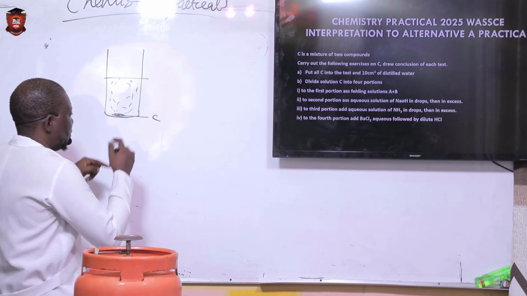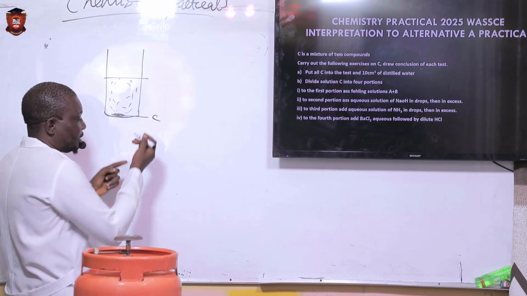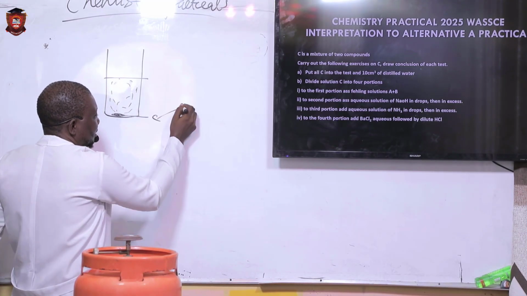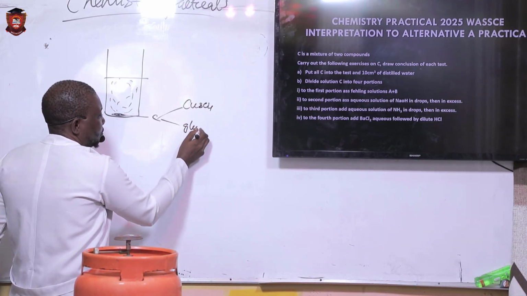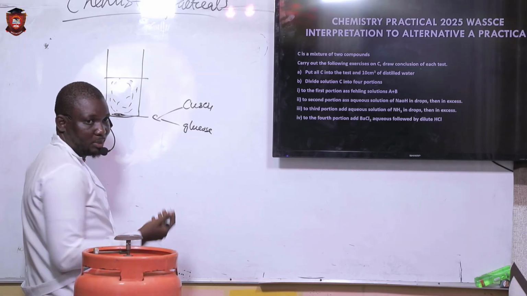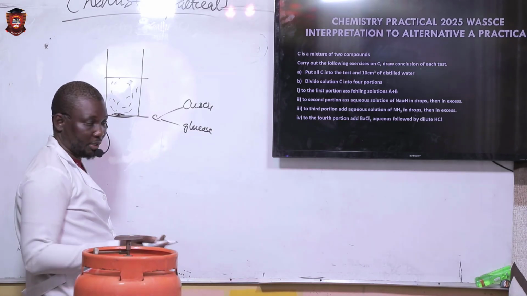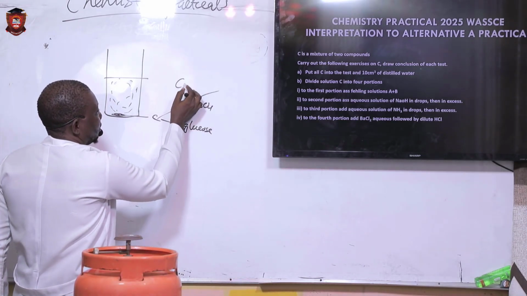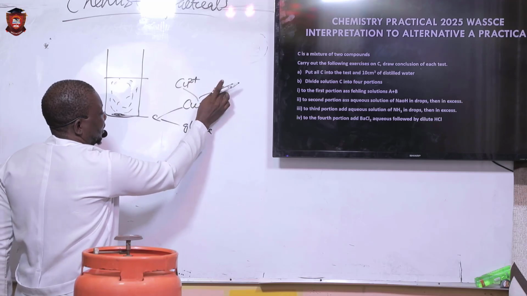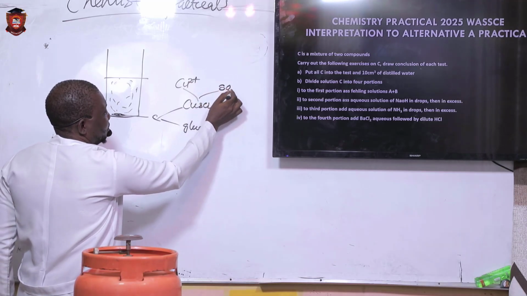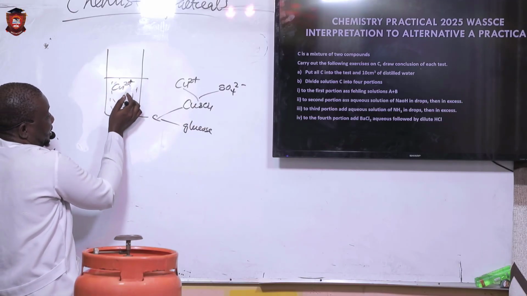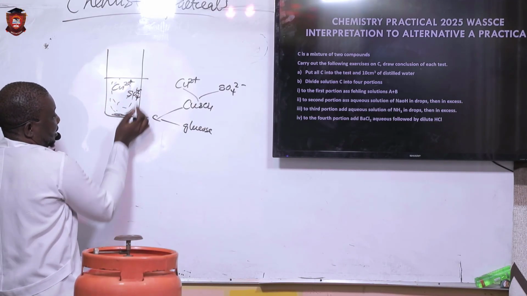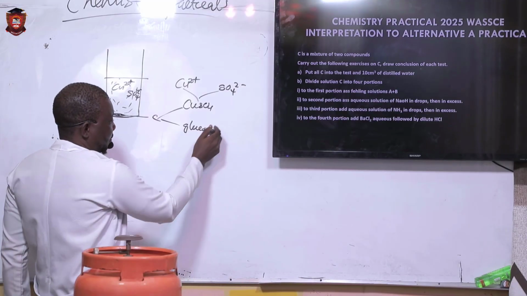Now, let me also try to give you a background. Since we now know that the C is CuSO4 and glucose, actually, glucose cannot split, but I'll show you how the CuSO4 will split. This one can split into Cu2+ and then SO4 2-. All these things are here. Glucose cannot split. Of course, you know it's